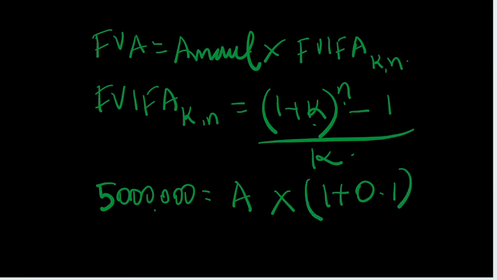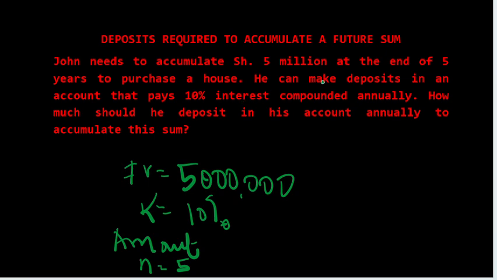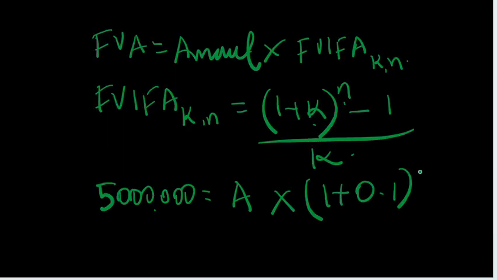The number of periods, we are told here that we will put this money in a deposit for 5 years. So that is 5 years. Then minus 1. Then divide this by 0.1. And you can actually make A the subject of the formula, and therefore say the amount is equal to 5 million